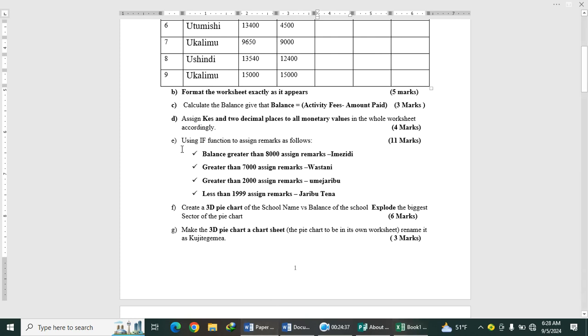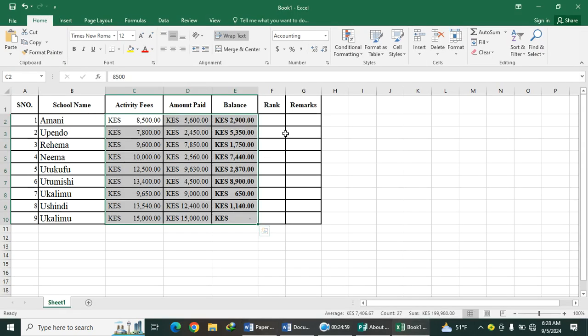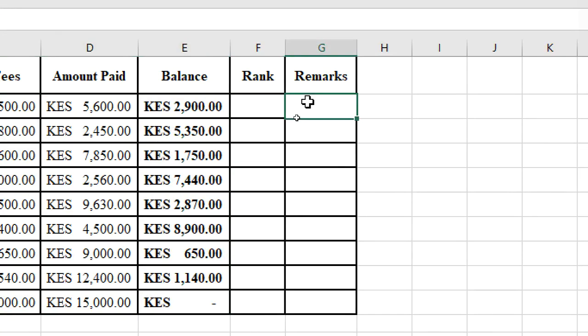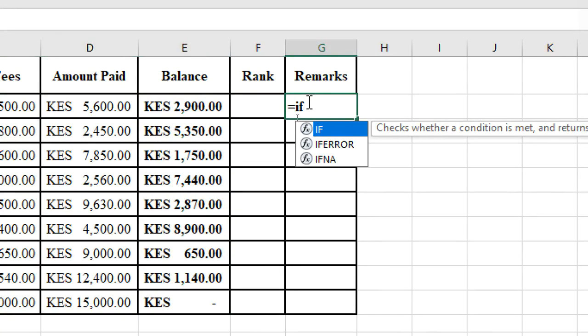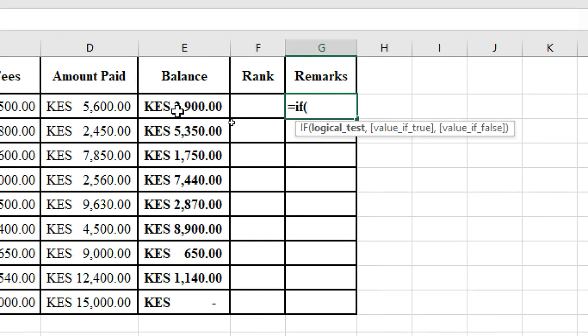Then the next point, use the IF function to assign remarks. Balance greater than 8K, assign imezidi. Greater than 7,000, wastani. Greater than 2,000, umejaribu. Less than 1999, jaribu tena. So guys, here you just come to this point and go to remarks. You type equals IF, open the bracket. We are basing our argument on balance. You click on balance. If balance is greater than 8,000,